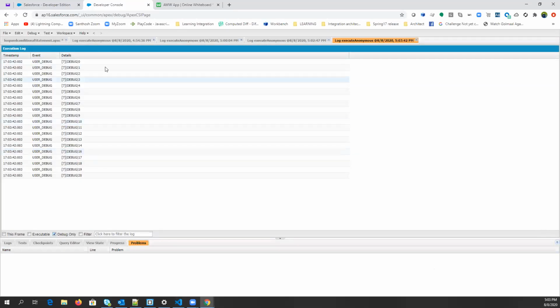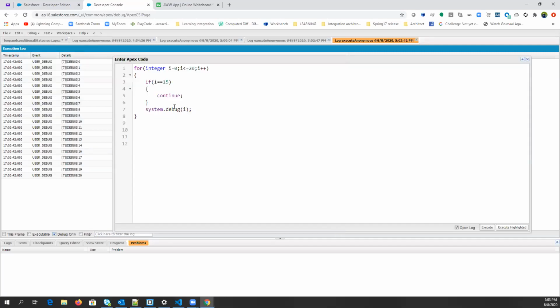Can we have 15 here? No, sir. Because we have skipped it by using the continue statement. Clear, guys? So we can simply use continue just to skip a particular value.